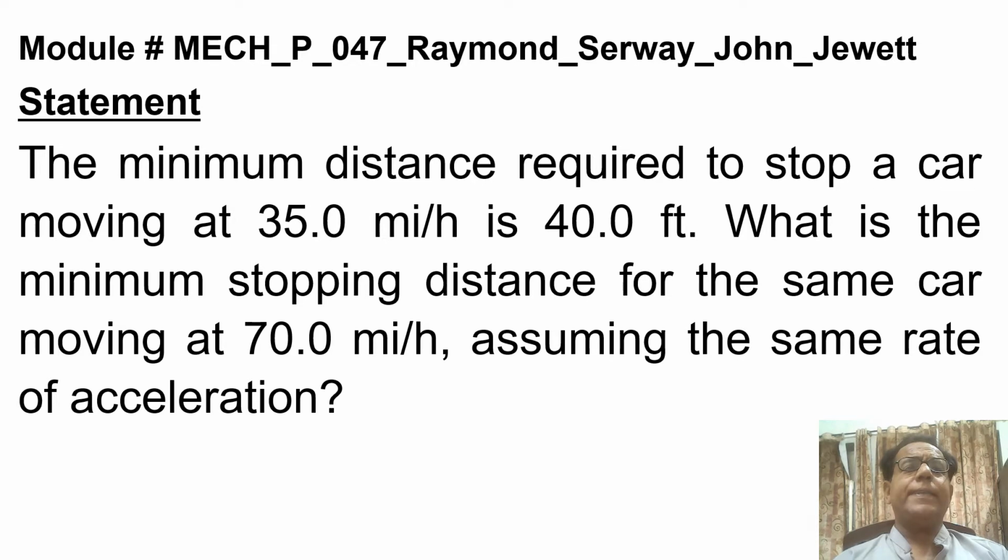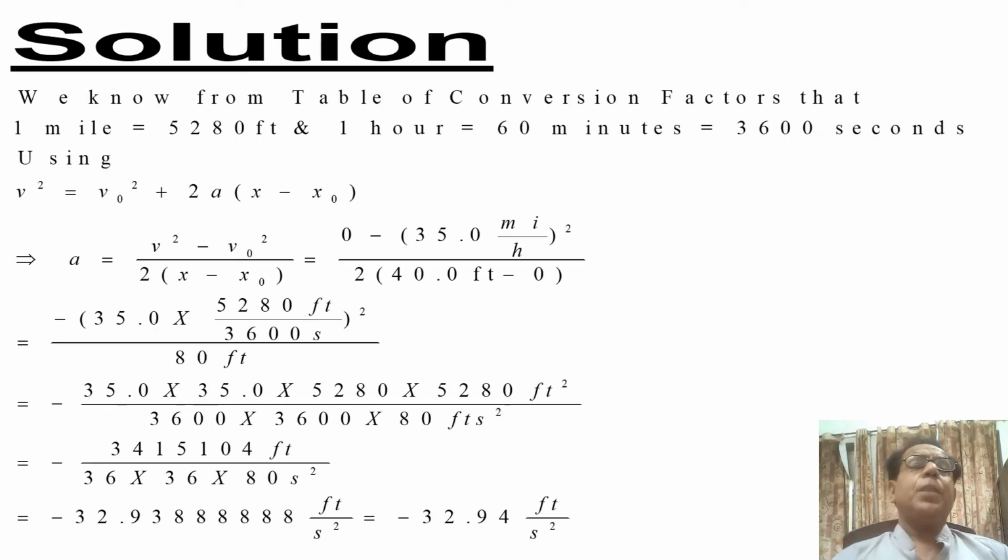Dear students, here it is quite obvious that one value is 35 and the other is its double, that is 70. So our solution must correspond to this. Now we move on to the next slide to see the solution.